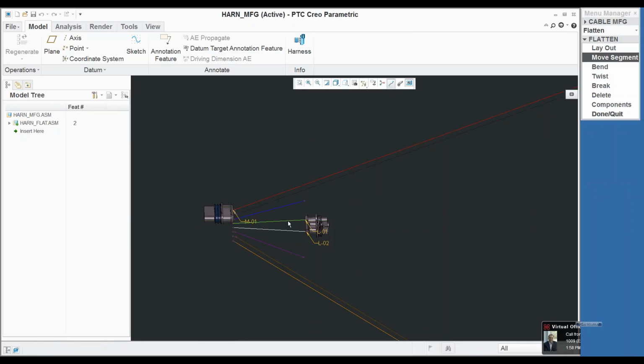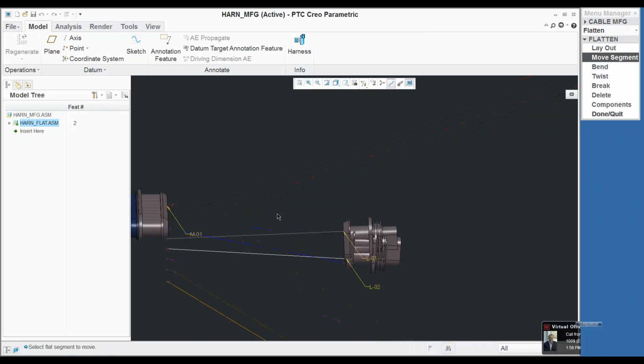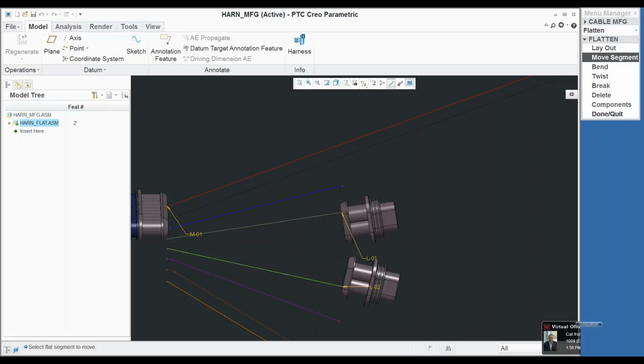Let's move segment. And just put those on top of each other. Now, if I do move these segments over here, close in here,